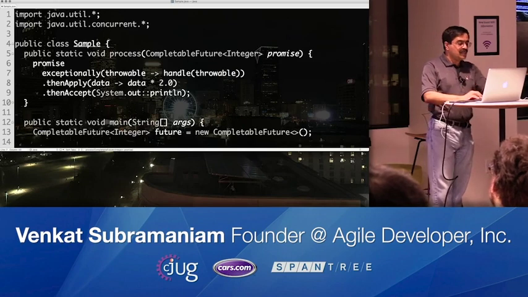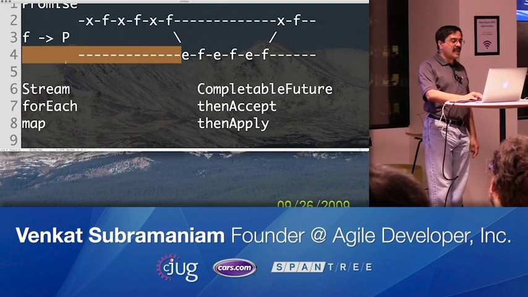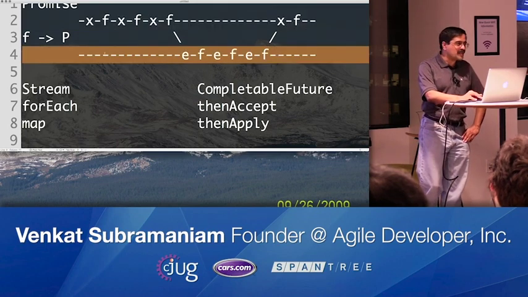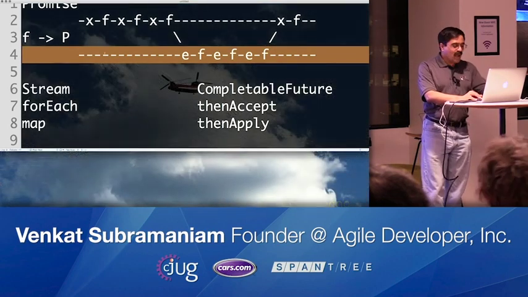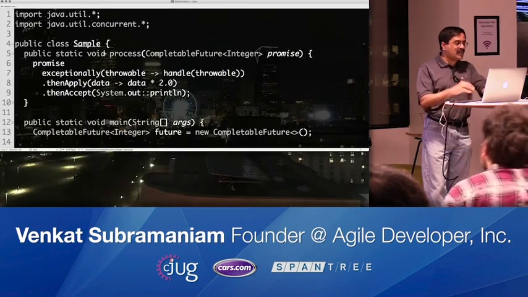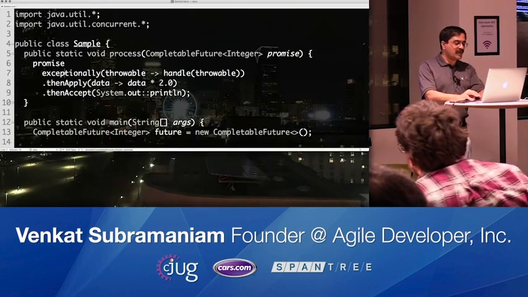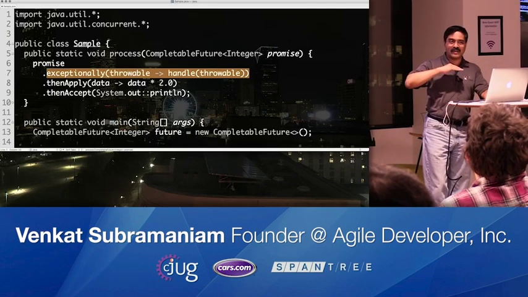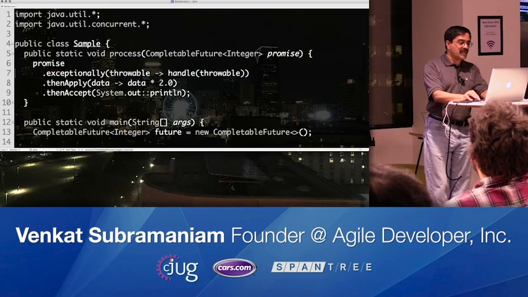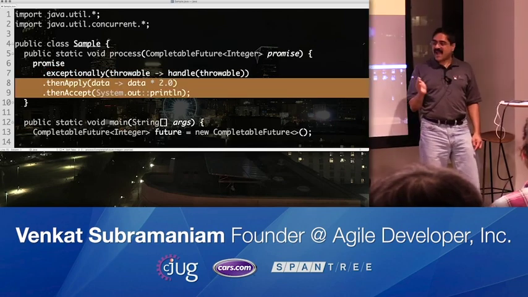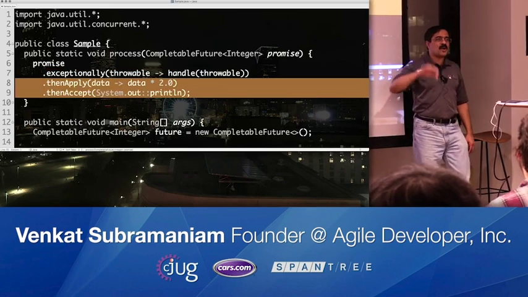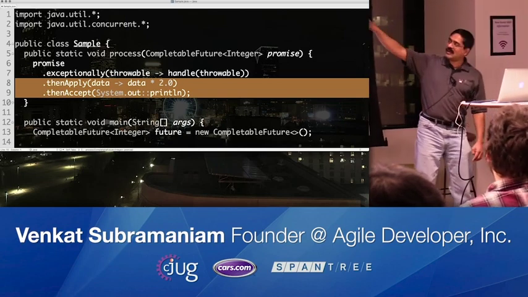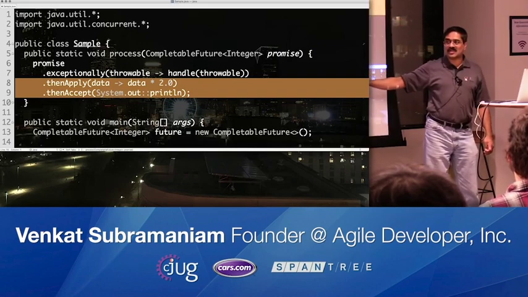Now unlike this over here, where I can nicely show you the right and the left path, you can't quite do that so easily in the code. So the way you have to read, you have to kind of squint your eyes and see this. Everywhere you see exceptionally is the bottom path or the left track, and everywhere you see the then is the right path. And so you have to kind of skip code when you read it. So if you want to only see the right path, don't look at the exceptionally, only look for things that start with a then.